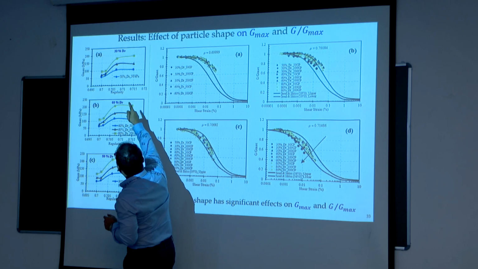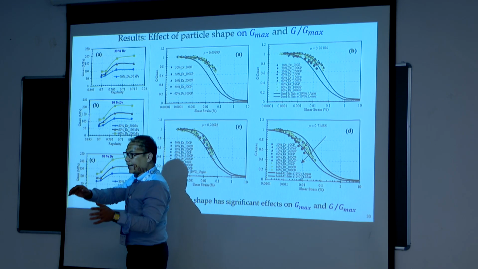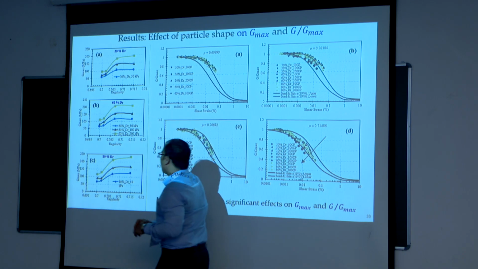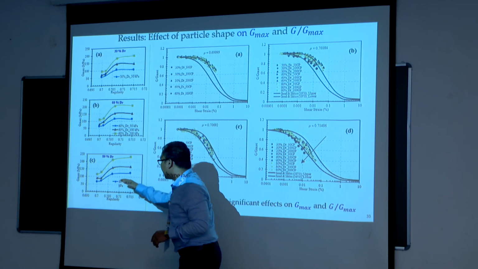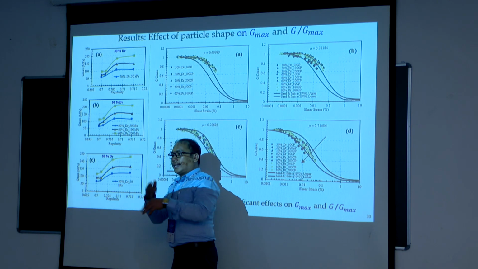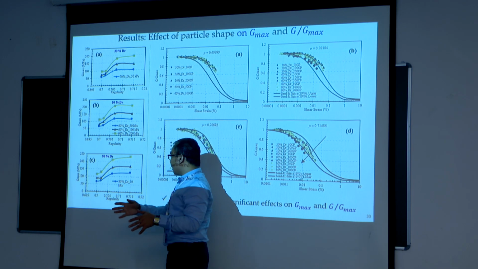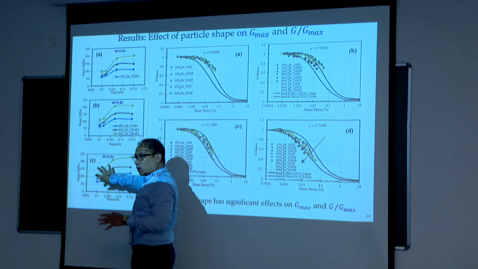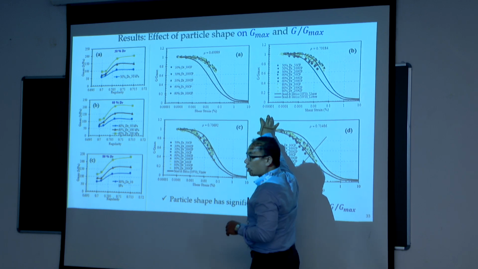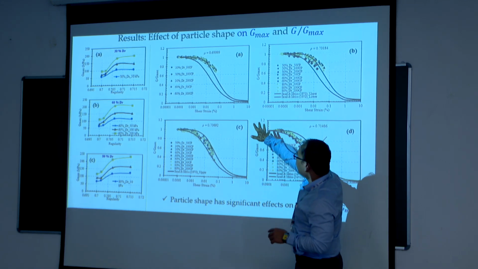Same for different relative density, we did 30%, 60%, and 80% relative density. So with the increase in regularity value, or changing in shape parameter, you can say Gmax value or shear modulus value is changing. The same goes with this normalized shear modulus. So if you see the result here,